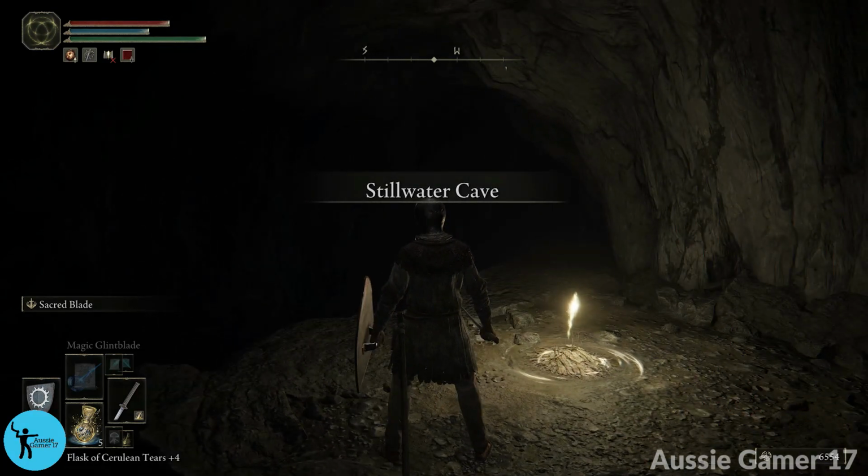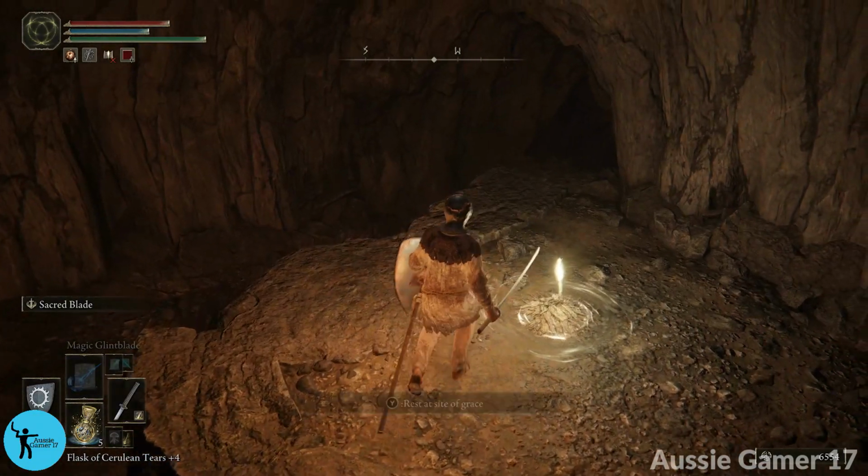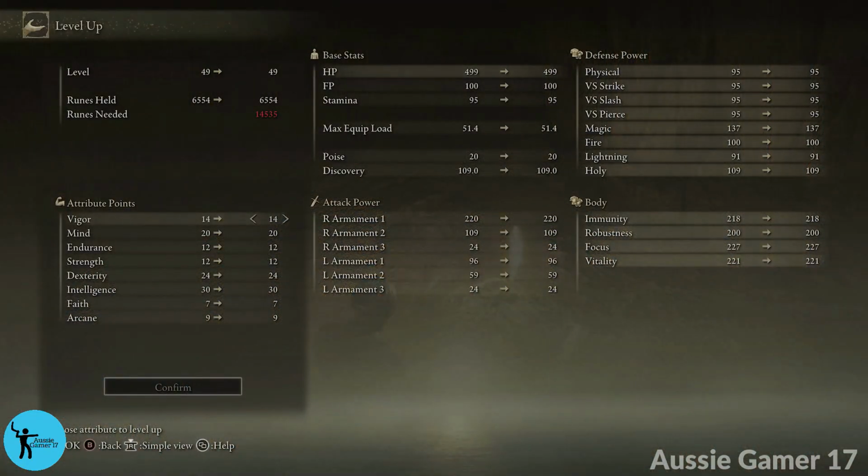Okay, now that we're here in Stillwater cave, put my lantern back on. We have a decision to make. And it involves risking our runes. We are pretty far off leveling up. Too far, I would say, that we're so far off leveling up that even after we clear out this whole cave, we still won't have enough to level up before fighting the boss. So if we went and cleared out the cave and then fought the boss, we'd be risking more runes than we would be if we fought the boss